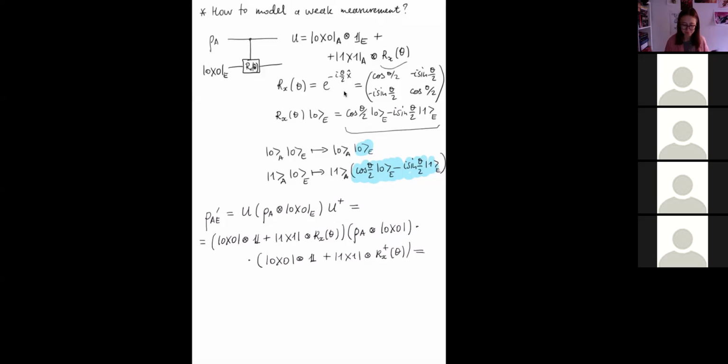Okay, then let us write this out. I wonder if I should start a new page. Okay, maybe I'll start here and I'll continue after. So here what we get is |0><0| rho A |0><0|, tensor product |0><0|. So this is all on A, this is E, plus |0><0| rho A |1><1|, tensor product